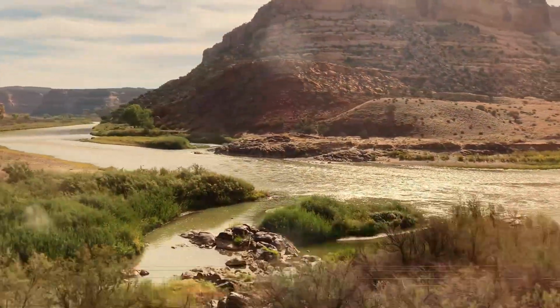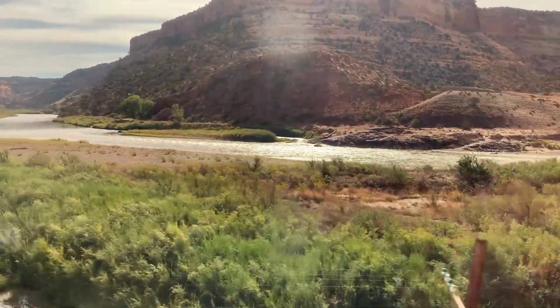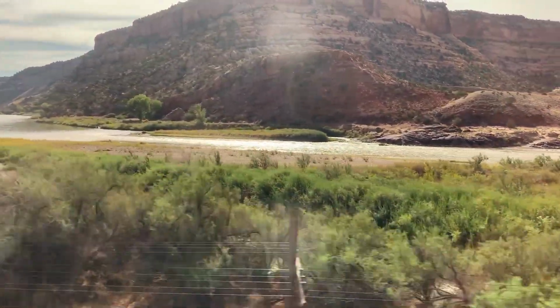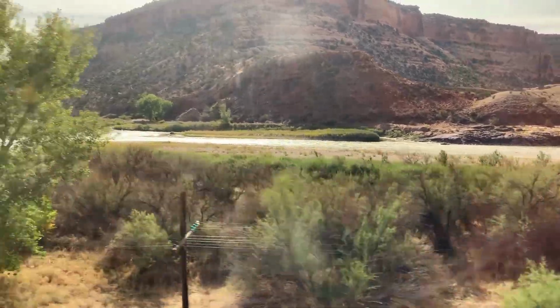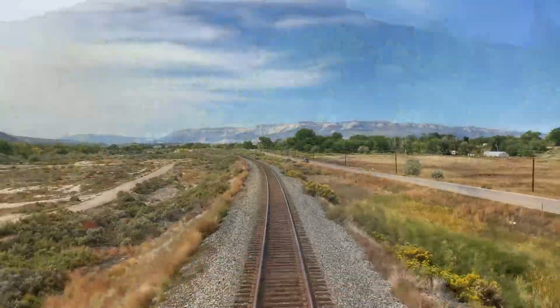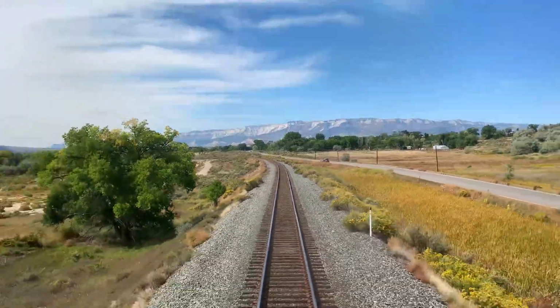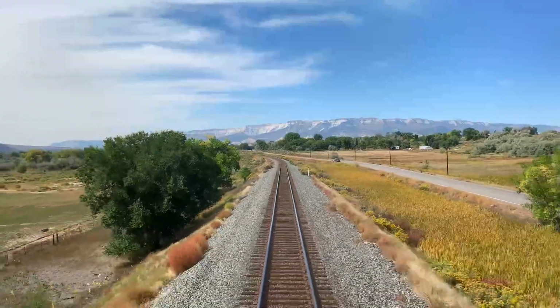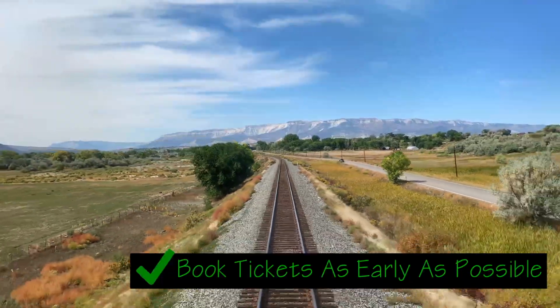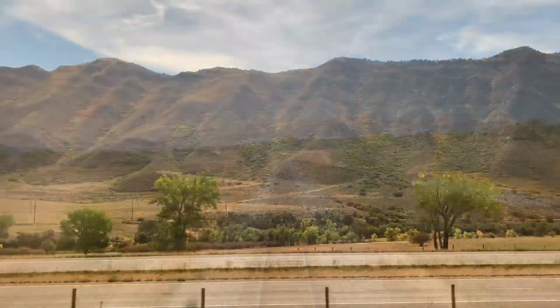But the observation car got totally full after we stopped in Grand Junction, which is the first stop once you get into Colorado. But then at the next stop in Glenwood Springs, you'll pick up a ton more local sightseers. And these trains frequently sell out, which means that you need to buy your tickets well in advance to make sure that the train doesn't sell out, because even if you're going all the way from Emeryville to Denver, if